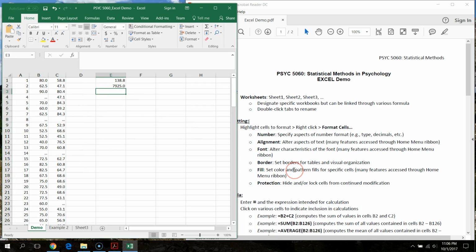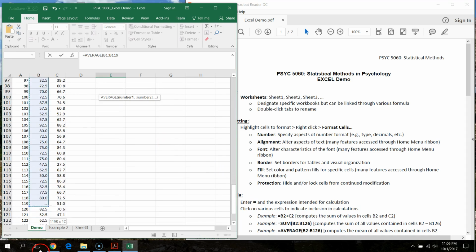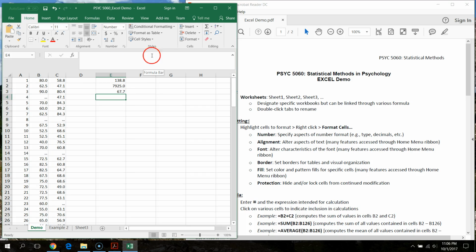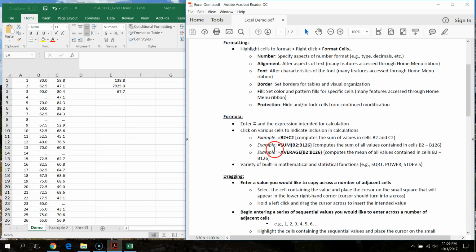Okay, or if I wanted to take the average of column B, same thing, put that in, drag it down, and now I've got the average of column B here. Okay,